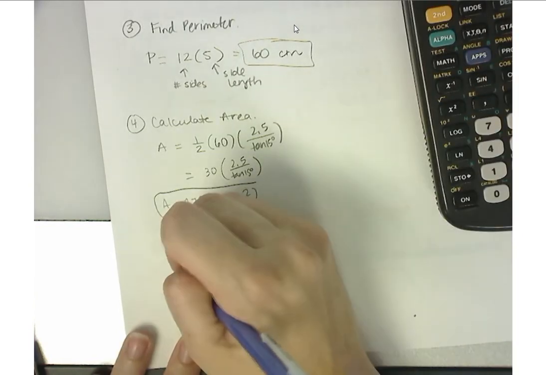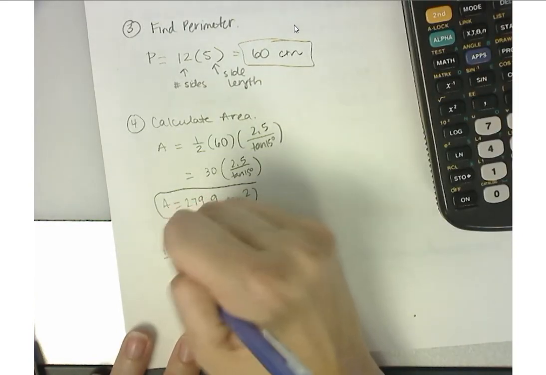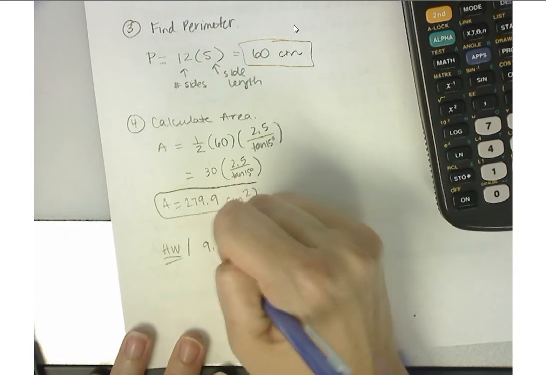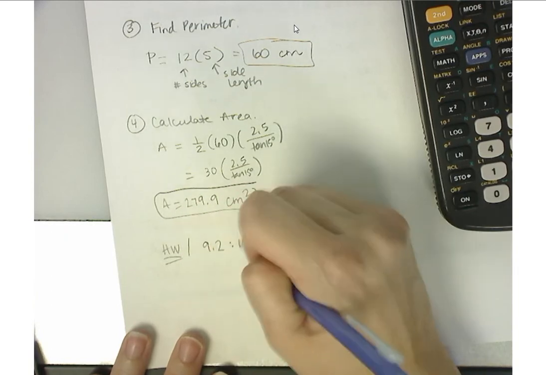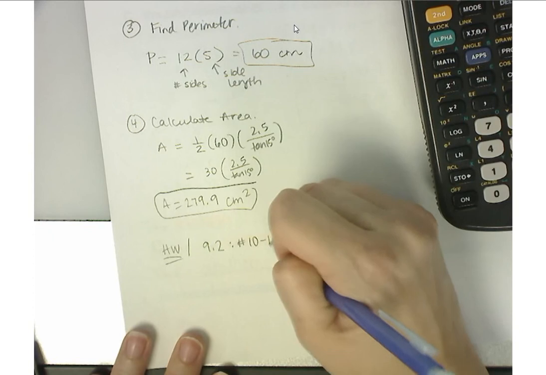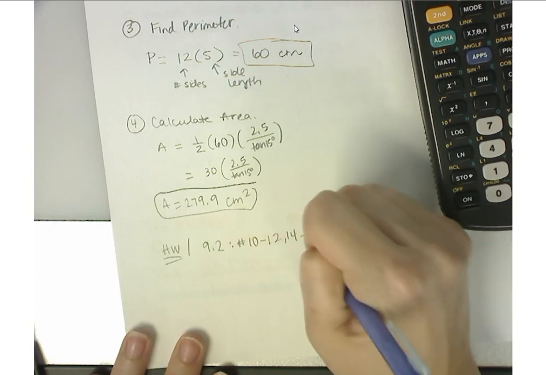Okay, so then for 9.2, we're going to do 10 through 12, and then 14 through